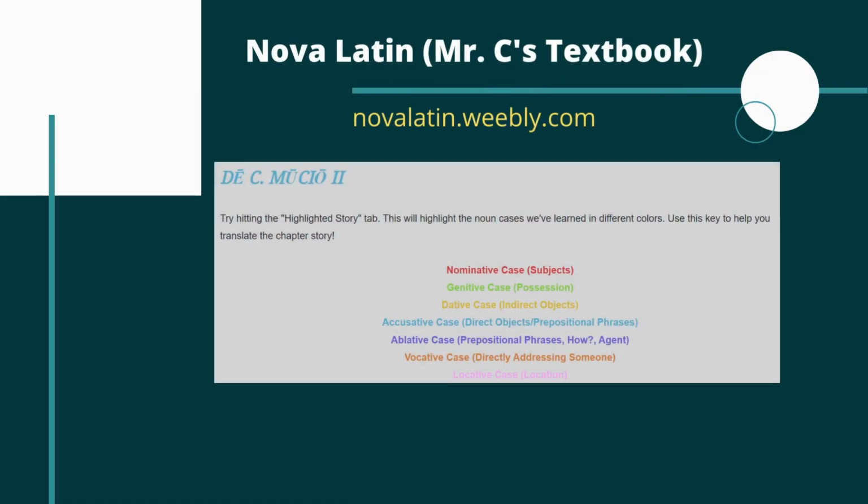Hey everyone, in this video we're going to take a look at the second story from chapter 40 of the Road to Latin textbook called Mucio II. So we're continuing the story of Gaius Mucius, one of these early heroes of Rome, right? We have Lars Porsena, the Etruscans besieging the city, all these things we've been talking about. We're going to continue that story and finish off, and you'll see why he's remembered as a hero, and why he gets the nickname Scaevola.